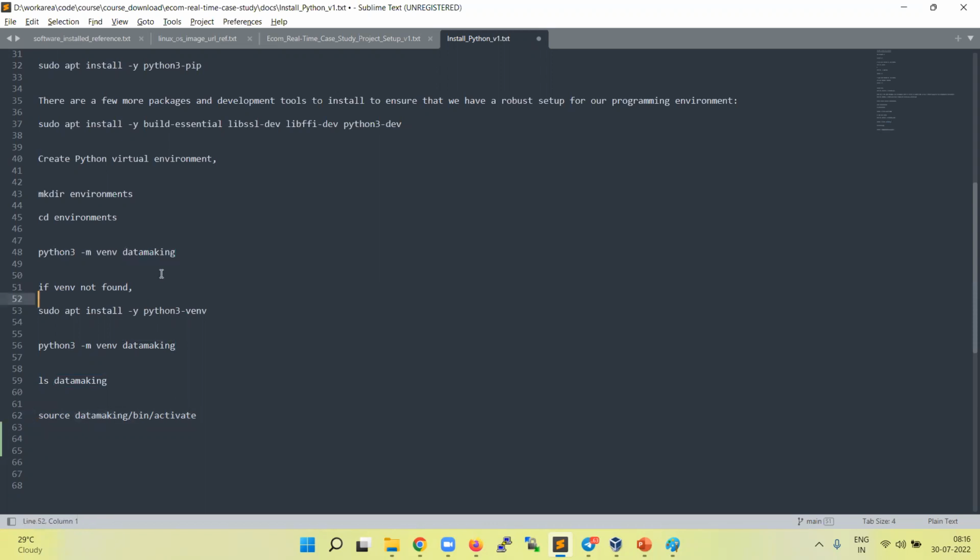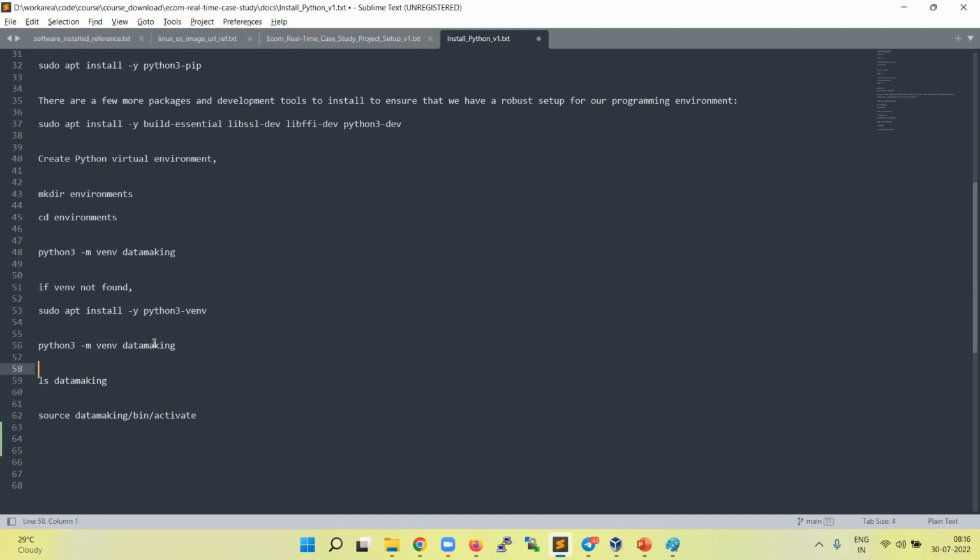So how do you create a Python virtual environment? There are multiple ways. There are some wrappers to create Python virtual environments. Python comes with a package called venv. If this package is not there, you can install it with the command sudo apt install, where -y is optional, and python3-venv. This is also one package, so you need to install it if by default it's not there.